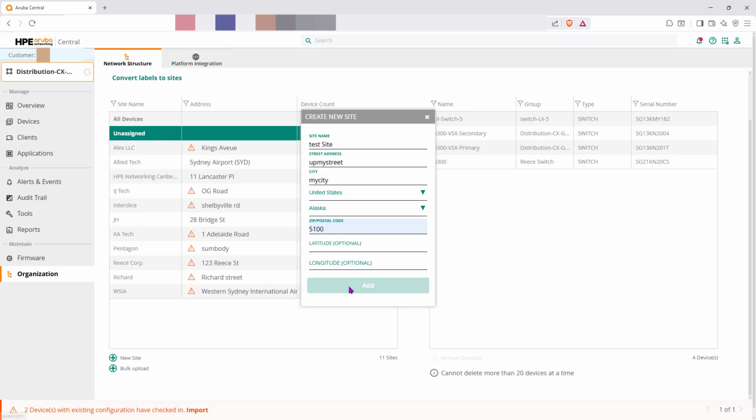5100. I'll leave this as is. Hopefully that is fine. Then you have the devices, you can drag and drop them to the site if you would like to do so, that's not a problem. And then you are able to figure out what's going on in the site health. So you can see details of the site. That is quite a useful feature actually,